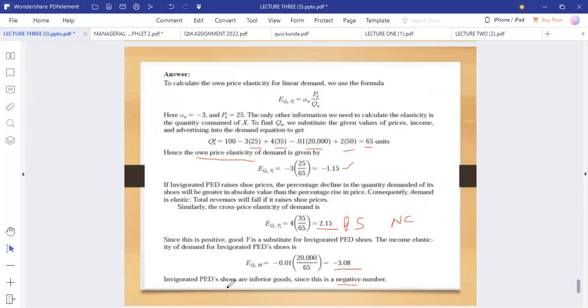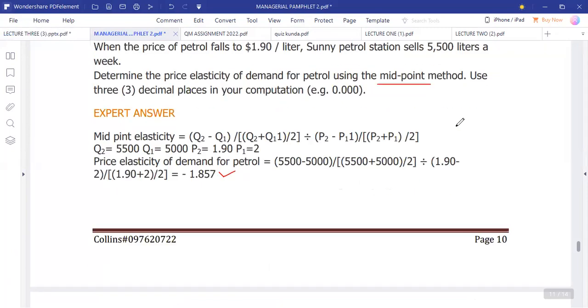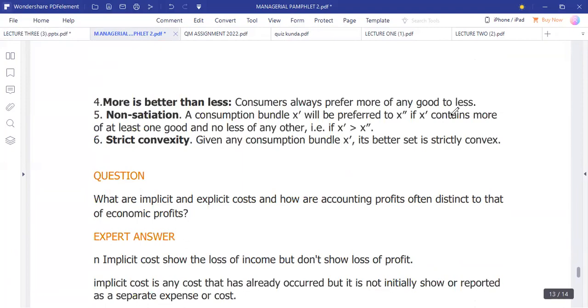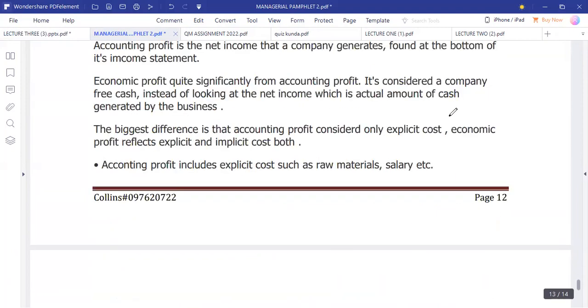This is negative, it's an inferior good, correct? It's negative, we comment that this is an inferior good. Now, examiners, let's go to the pamphlet. Examiners would want to ask you questions to do with